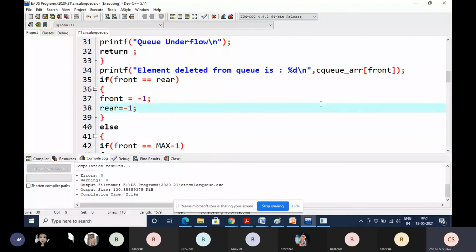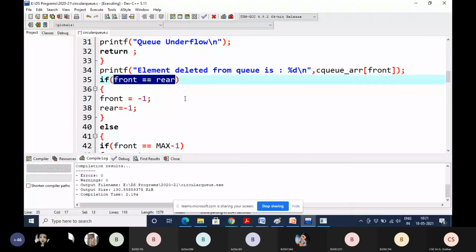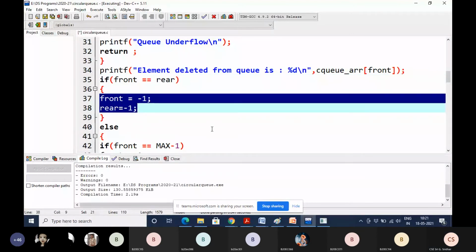If only this element is in the circular queue, then this condition is satisfied, that is, if only one element is there in the circular queue, then front equal to rear. If you deleted that particular item also, then what you have to do, students? You have to set front and rear to -1, because only one element was there and we deleted it.